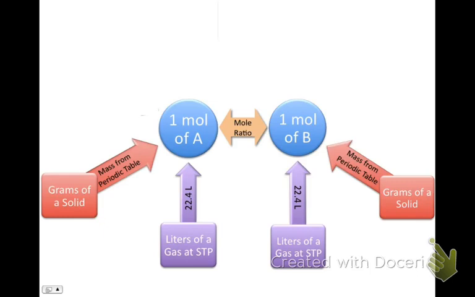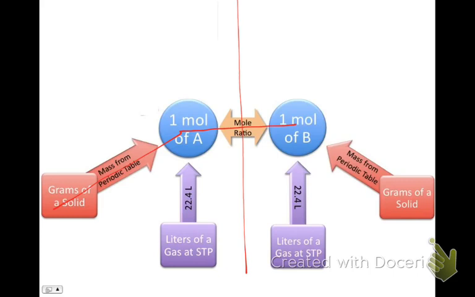Then from there, I have grams of a solid. This is something we'll deal with in Unit 4. I just want you to write this down so you have it in your notes. And the grams of a solid, we'll get that mass from the periodic table. So again, we know that on the left-hand side we have one compound, and on the right-hand side we have another compound. So I can go from grams of a solid to moles of A to moles of B,